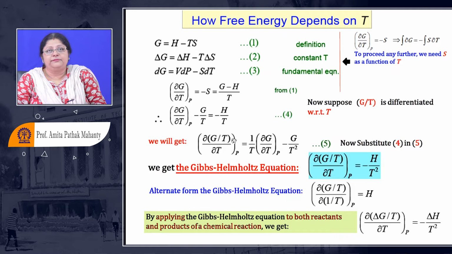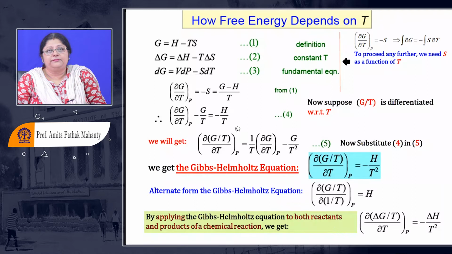In this, you substitute this part of the equation. You substitute 4 in 5. What do you get? What is that going to come to? You see, this entire thing is what you are having here. So what is it going to be? It will be minus H by T square, right, if I take T common and simplify. So what I get is H by T, and the T which is common is now going to be multiplied from here. I can take it to this side, so it will be del of G by T over del T.